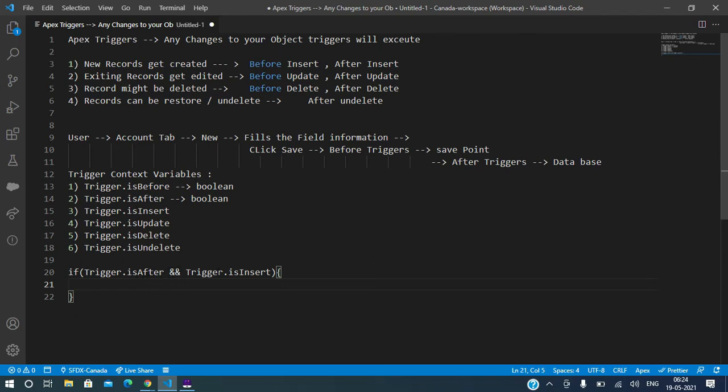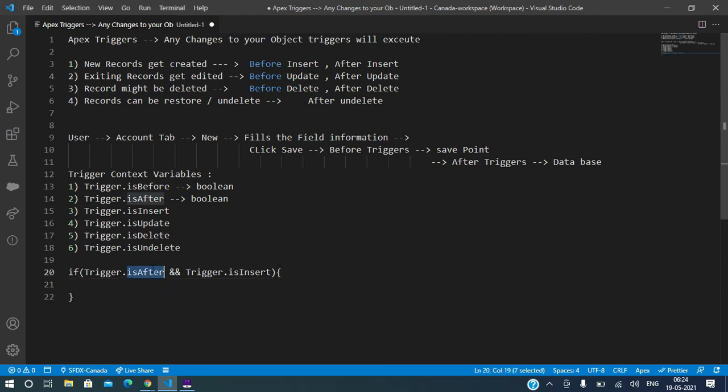And then you check whether it is an insert trigger or not. These values will return true when the trigger is after, and the other will be true when the trigger is an insert event. Because we are using an AND condition, both should be satisfied. If both are satisfied, which event can it be? After insert, right? Clear?